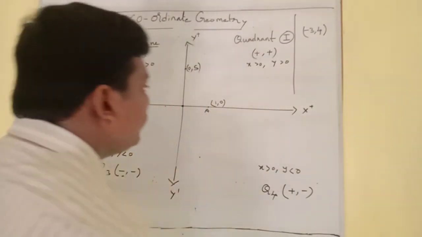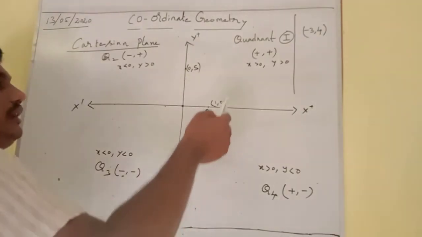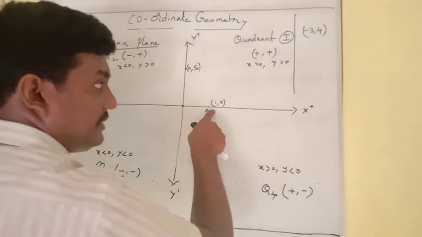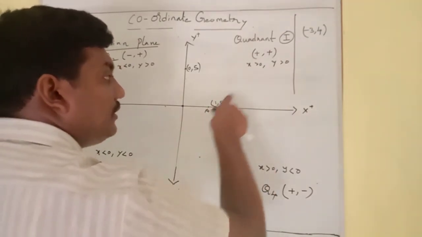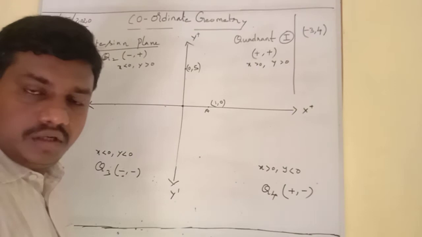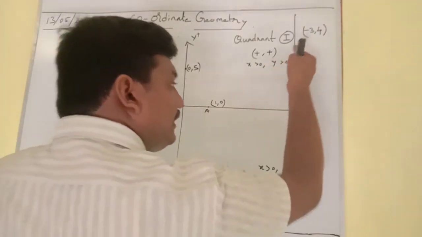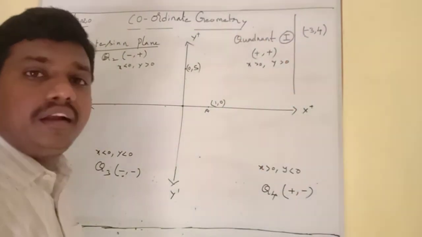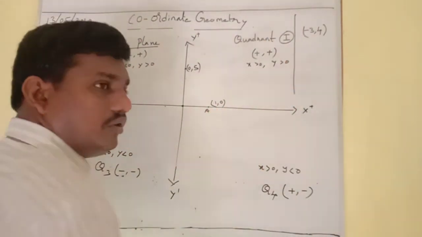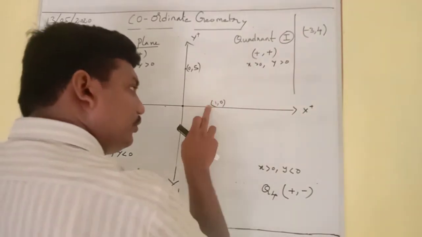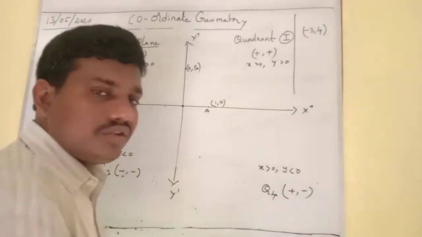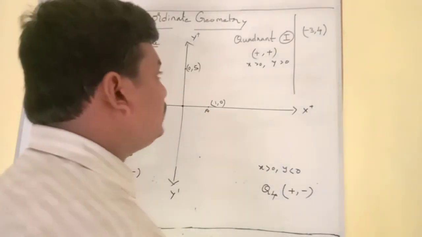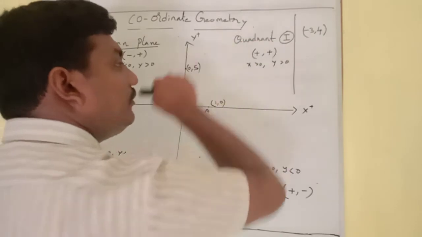A quadrant is nothing but where x is positive and y is also greater than 0. Here y is 0, and although x is greater than 0, y is not greater than 0. That is, y is 0 only. Understood? If y is greater than 0 and x is greater than 0, then we consider that point as quadrant 1. Here 1 comma 0 is not, since x is greater than 0 but y is only 0. That means 0 is neither positive nor negative. That's the reason why both positive values should be considered in the first quadrant.